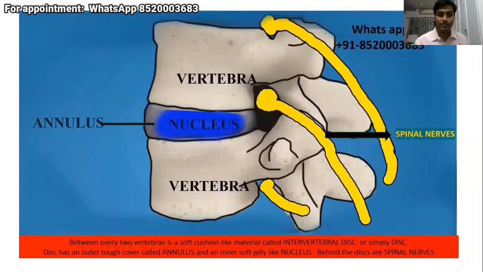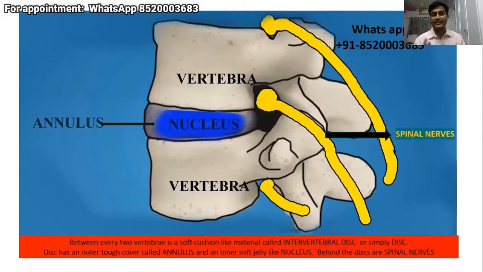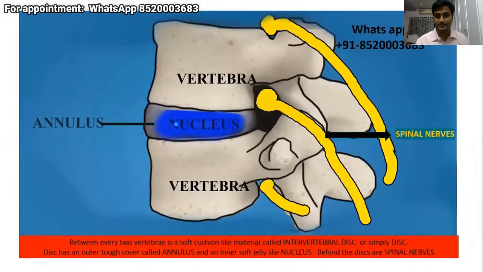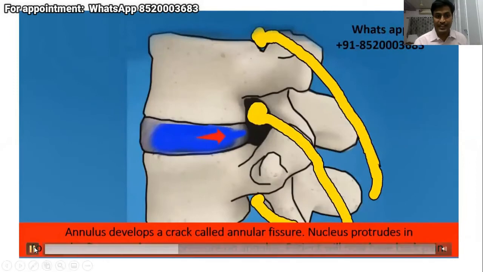In this video, as I showed last time, you can see how a basic lumbar disc prolapse occurs and what the symptoms are at each stage. As I told you last time, I will discuss it once again. This is the nucleus, this is the annulus. So what happens in a slip disc? In the first stage of the slip disc, there is a tear in the annulus. This is called an annular tear.